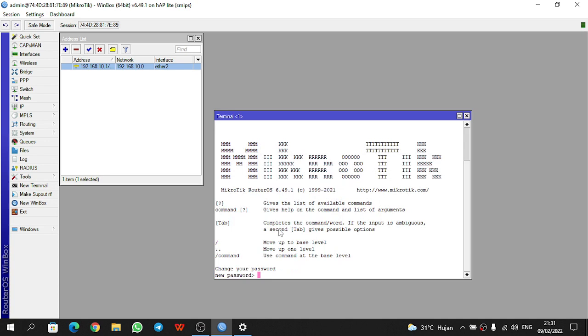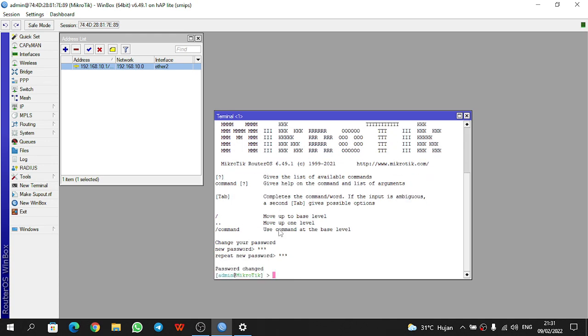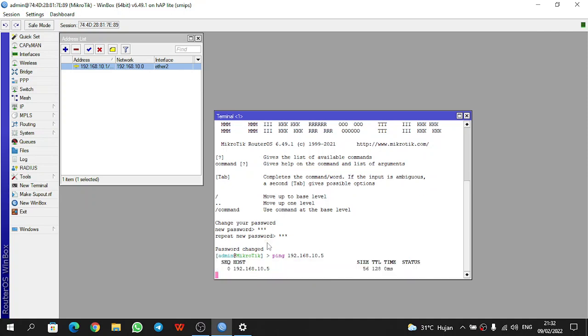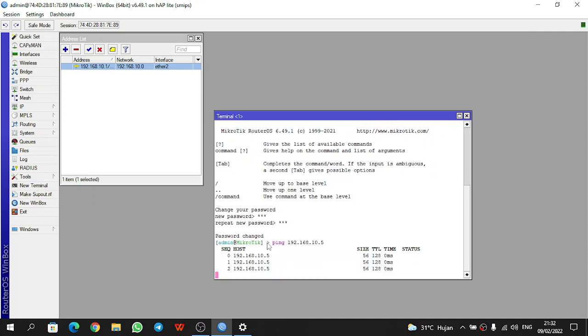Next step, we ping to make sure the router board and PC are connected. You can ping 192.168.10.5, the PC's IP.